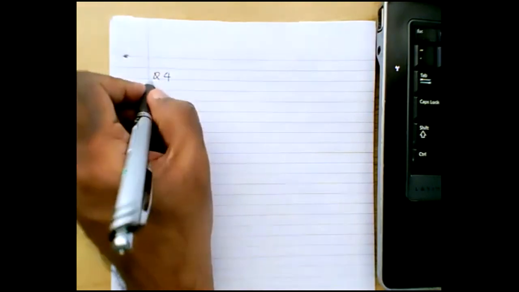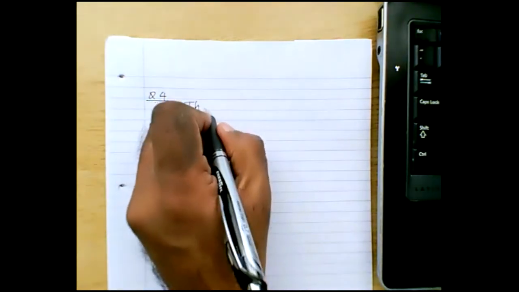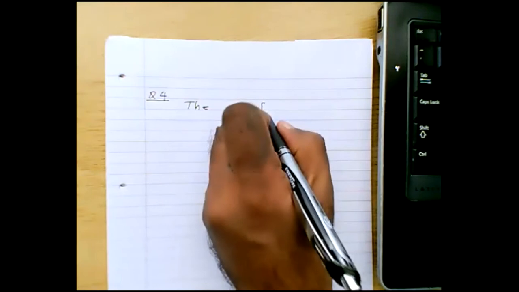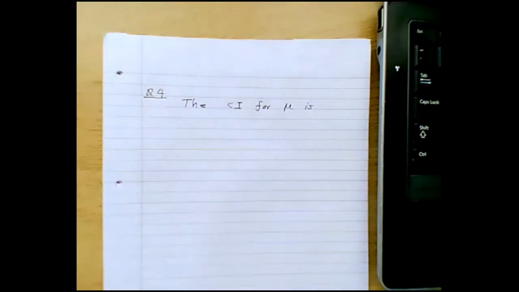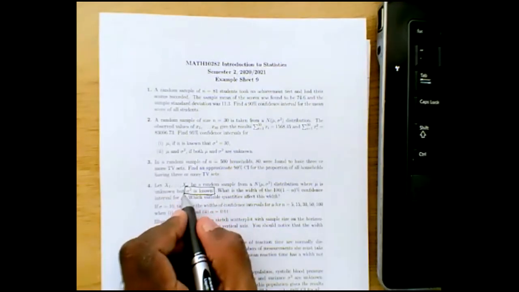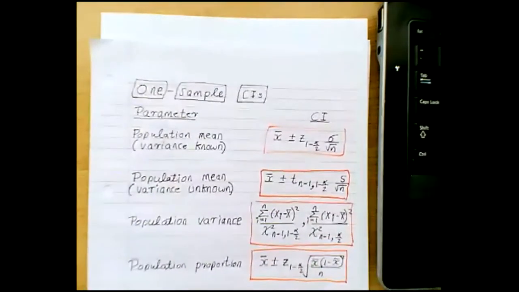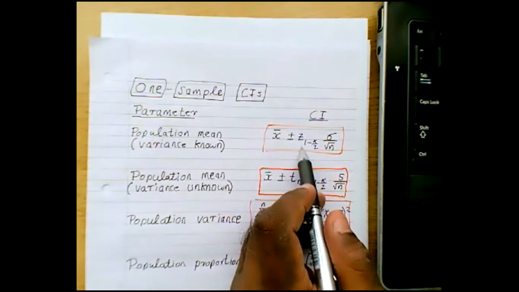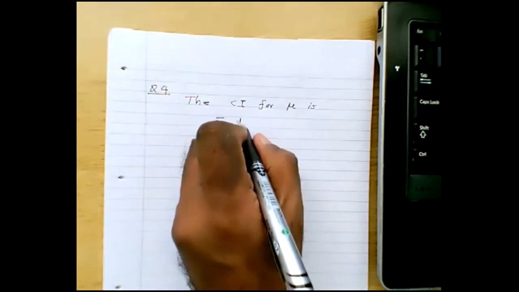This is question number 4, the tutorial sheet. The question is, once again, talking about the confidence interval for mu, because if you read here, guys, it says the sigma squared is known. That's the crucial part. So the confidence interval for mu when sigma squared is known is this one. This is the confidence interval, so I'm going to write it down. The confidence interval is x bar plus or minus